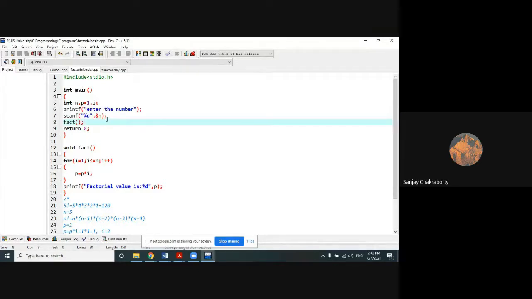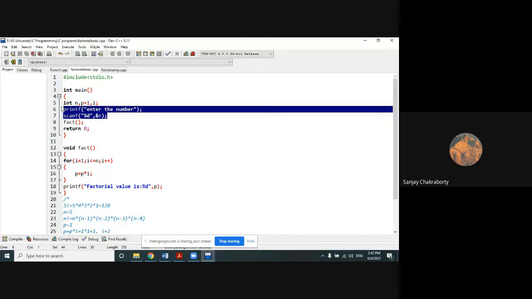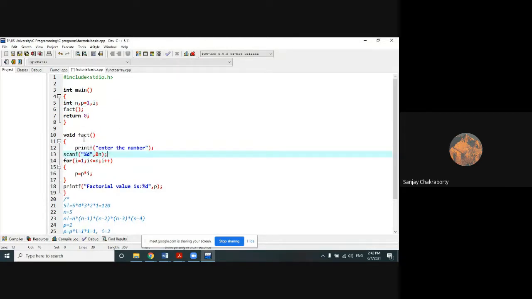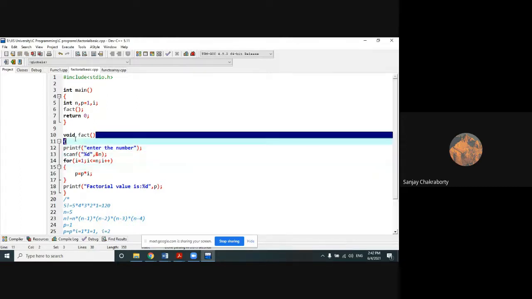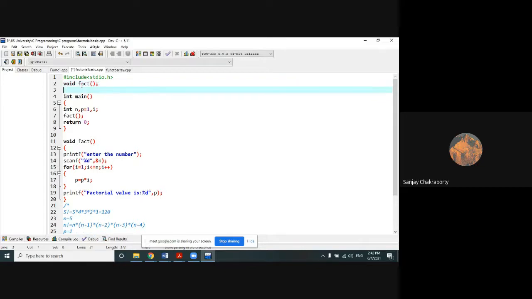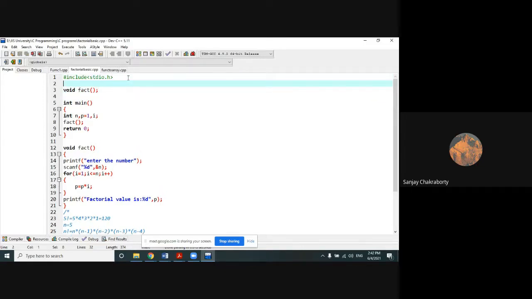function, right? So one thing you can do, instead of reading the value here, you can directly read the value within the sub function of fact. So this is a function without return type, without argument list. So we have to declare the prototype of this function. Here it is not declared yet. So this is the prototype of this function. I think all of you agree with me. This is the prototype of the function with no return type and no argument.